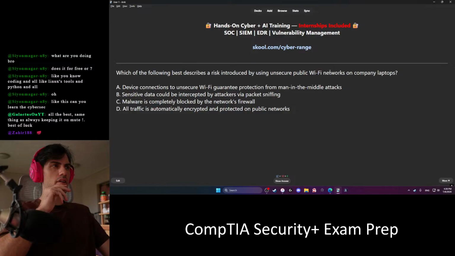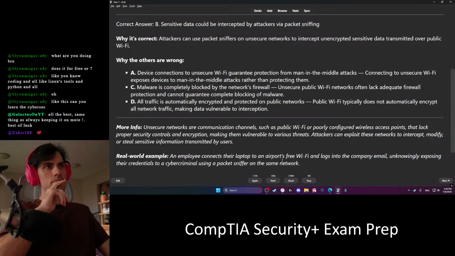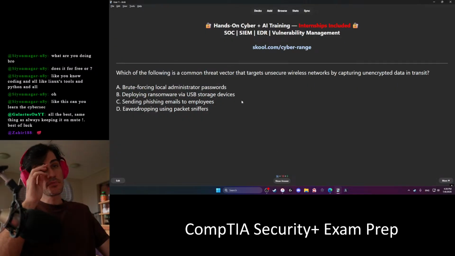Insecure public Wi-Fi networks. I think B. Packet sniffing can happen. Eavesdropping using packet sniffers.